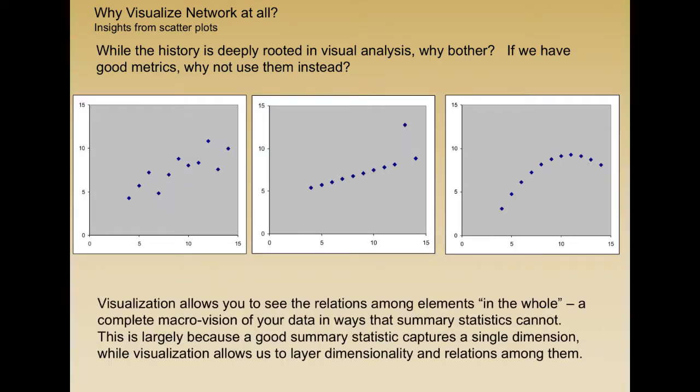All 3 of these scatter plots have the exact same numerical summary down to the same means, the same regression coefficients, and so forth. And so this highlights why we care about visualization. Visualization lets you see the global features in ways that any kind of really highly accurate index does not, right? Because an index has to take a single dimension simultaneously and make it work, right? So I have to find out what's the slope between this. Well, the slope is going to be the same in all three pieces, but the slope is actually a function of multiple things, and we care about the data generating process more than just the slope itself. And so we want to make sure that we're getting at the more holistic side of this.